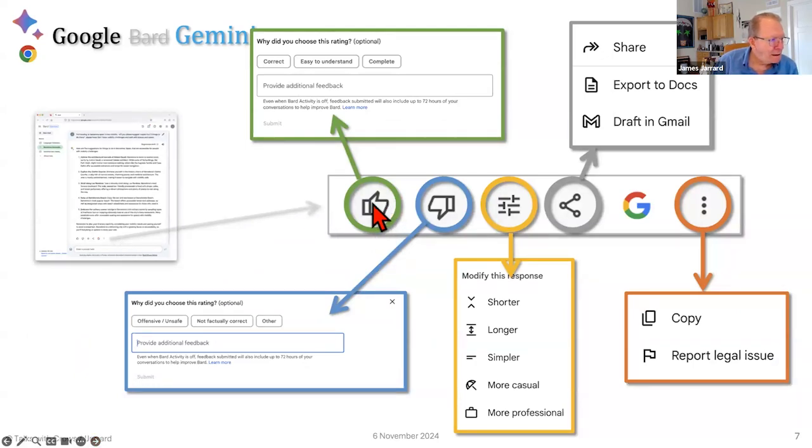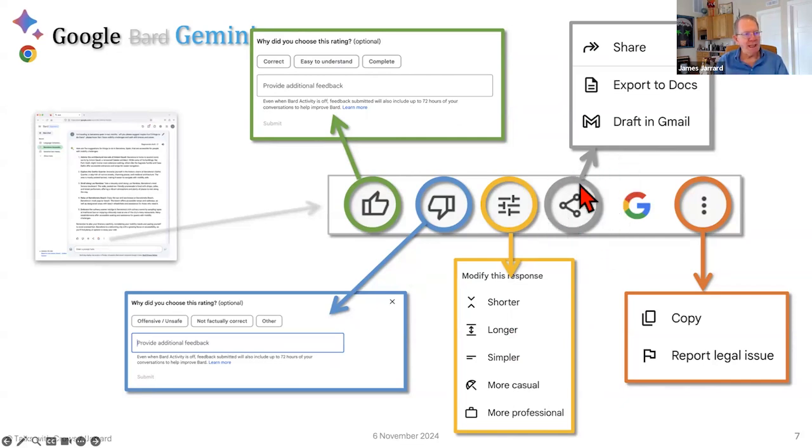Yeah, good. The response I got is good. The response I got is bad. Plus, you can give it a little feedback if you want to. Filter or change the response. Make it shorter, make it longer, make it simpler, more casual. Share.